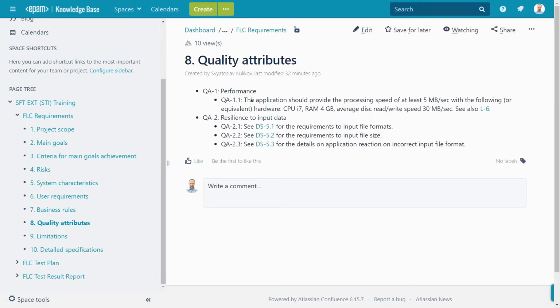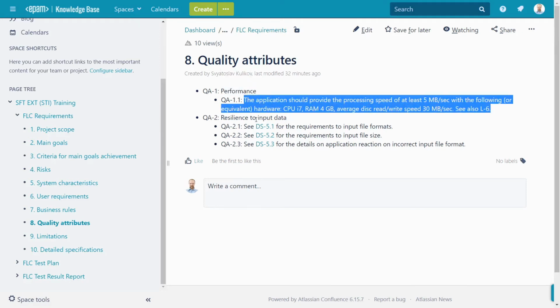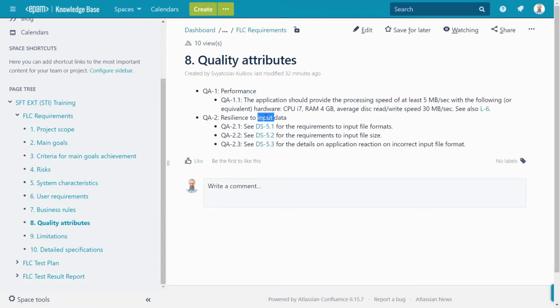Quality attributes. Quality attributes show us another good clue on what we should pay attention to. How the customer will know that the application is good enough, it has good quality. Here we see performance and some clarification and resilience to input data. Of course, that's important for any data processing application.